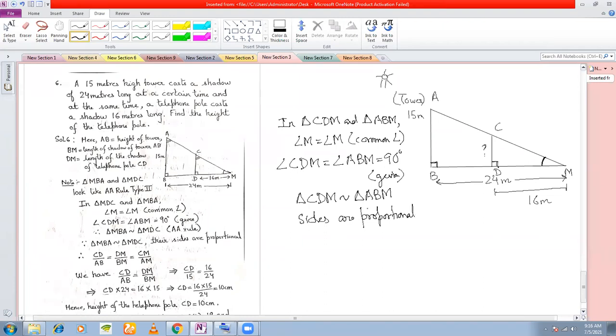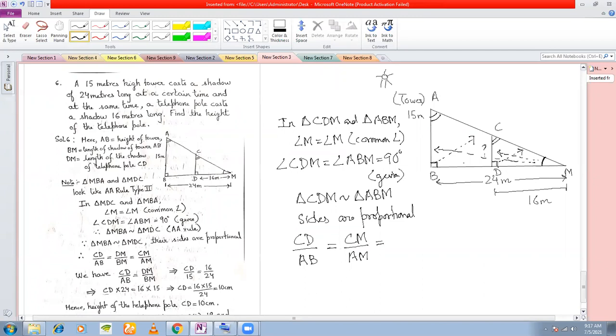Okay, so identify the third angle which is equal. This angle must be equal to this. Now we can write the proportional sides easily. In the smaller triangle, this is the common angle. Opposite to this angle is the side CD. So we write CD in the numerator, whose length we have to find out, of course. And in the bigger triangle, opposite to this common angle is the side AB. Also, the next angle that is equal here is the 90-degree angle. Opposite to this angle is the side CM, and opposite to this 90-degree angle is the side AM.